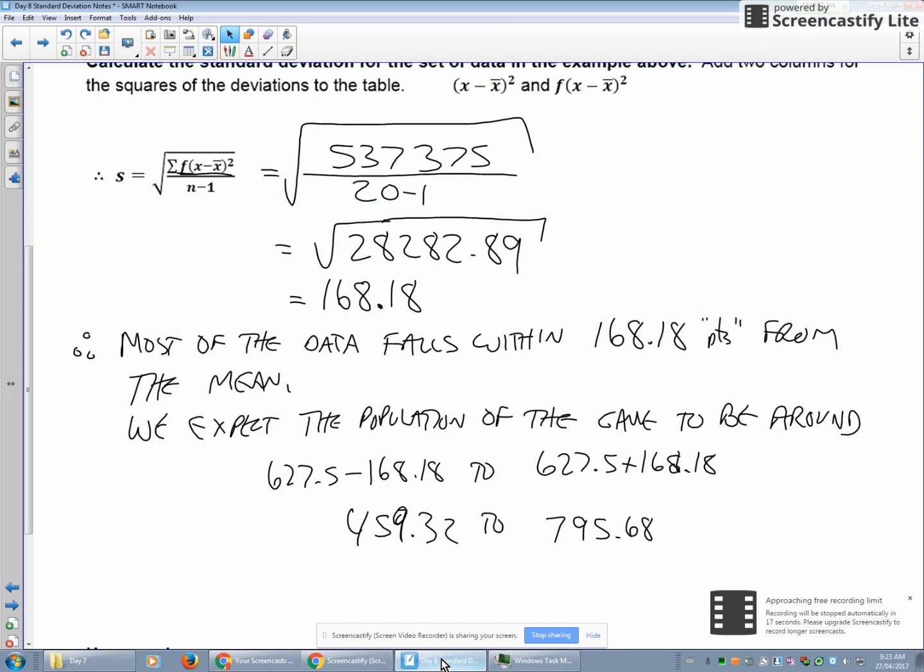So this says we really expect that at the game there's around between 460 to 795. Most of our data falls within that range. Now I say most with quotation marks. We'll later find out what that most means, but for now we're